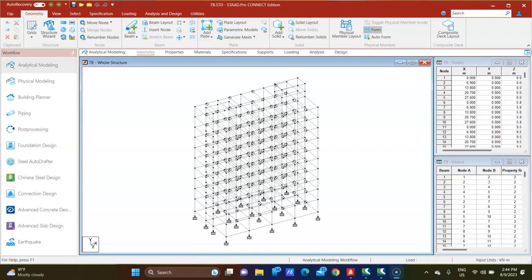Okay. So recording is going on. Okay, no problem. So I believe that all of you have completed up to this, right? So your next part is that you will have to assign at the node. So before that you must finish modeling property, section property, means size of that section, and also the material property. Material property means if your structure is made by RCC or steel, right? So now to assign the load, you will have to